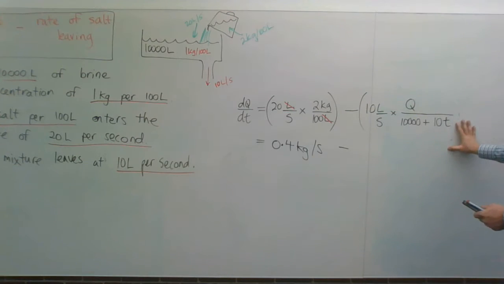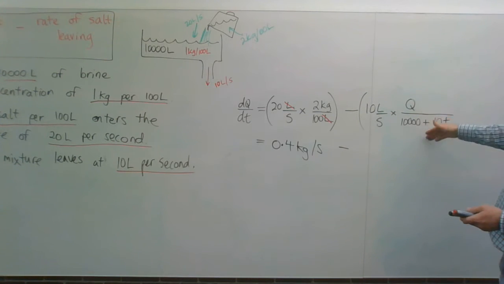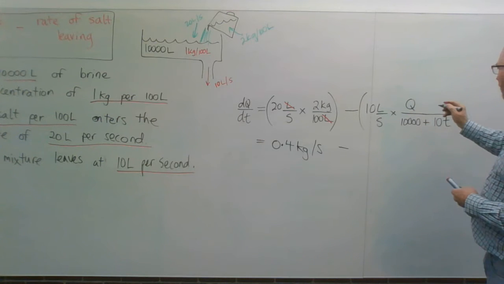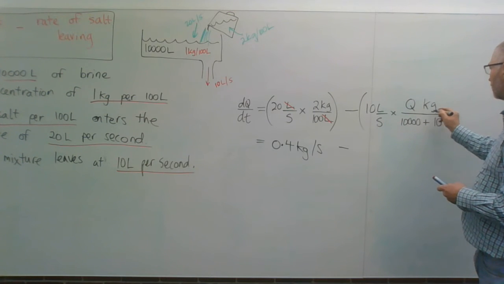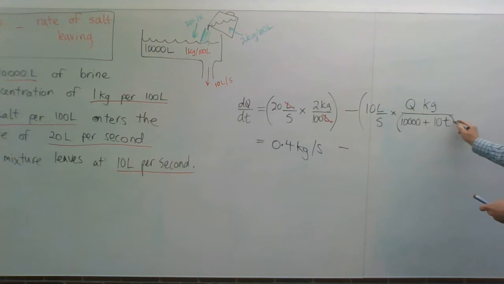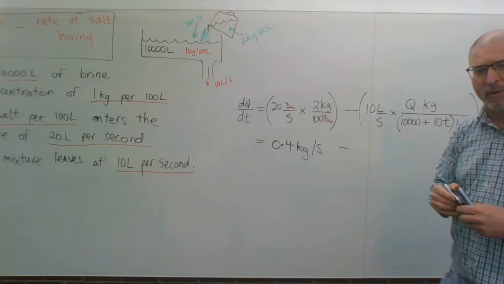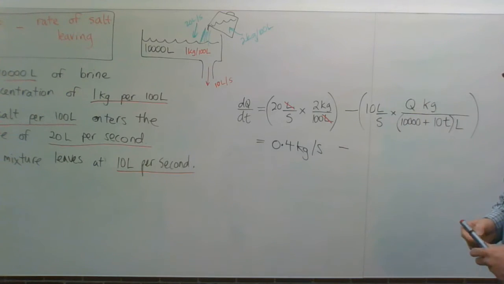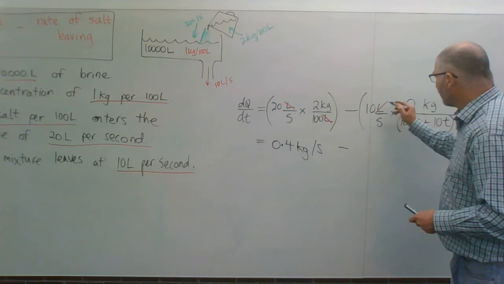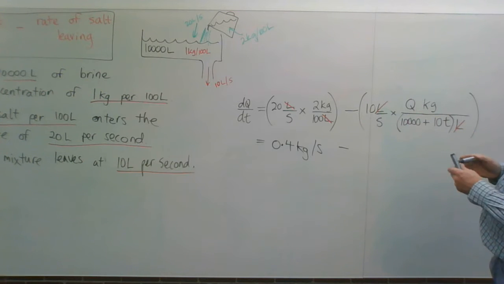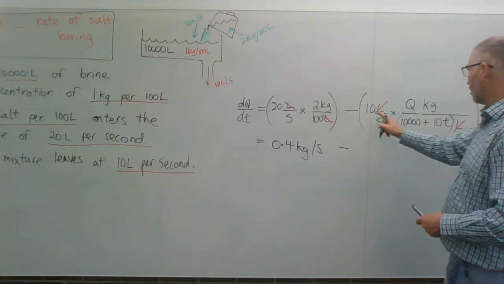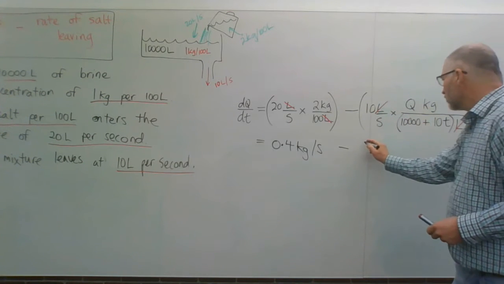Now, I guess I've not done myself a favour here. What is this in? Well, that's Q kilograms. And this at the bottom is how many litres we have. So I really should have written that in before if I'm going to be using this idea. So the litres cancel and we end up here with 10Q